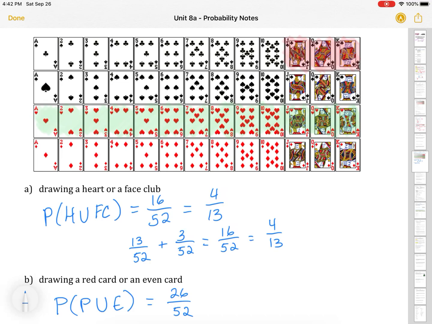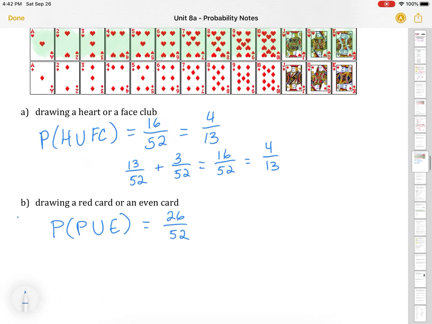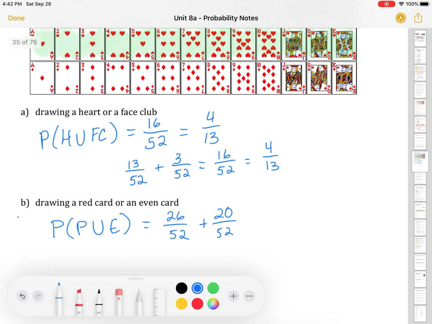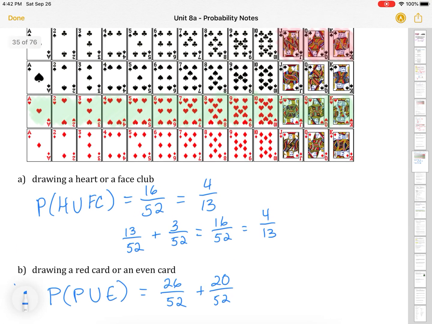I have 1, 2, 3, 4, 8, 12, 16, 20, and then I have my face cards. Okay, so I don't really count my face cards in that. Okay, so I have 20 even cards,